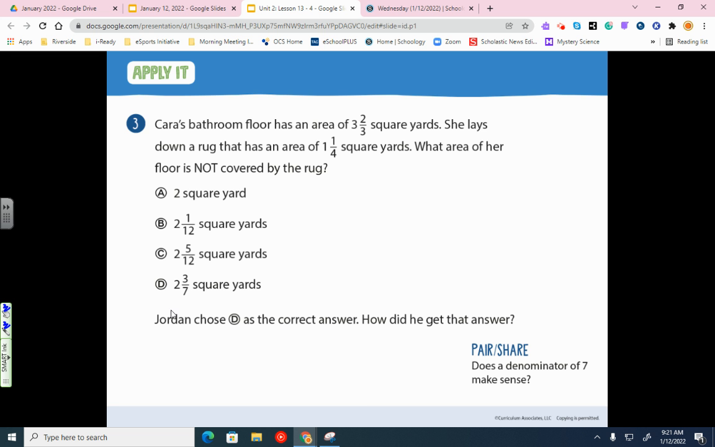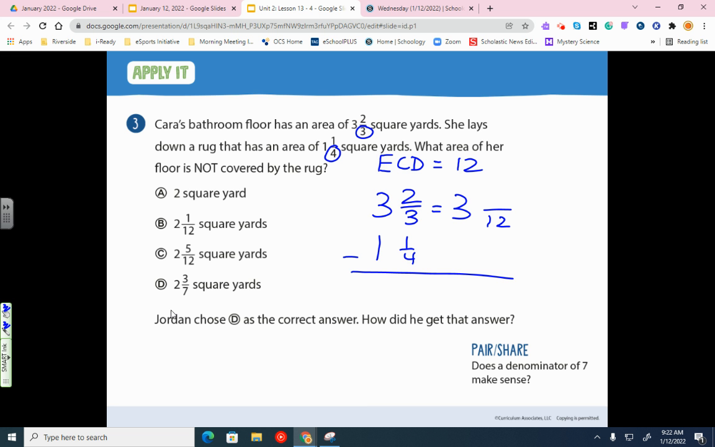Kara's bathroom floor has an area of 3 2/3 square yards. She lays down a rug that has an area of 1 1/4 square yards. What area is not covered? So the difference between these two will give us that. So we have a 4 and a 3 here. Our easiest common denominator is 12. So we're going to stick with that. For subtraction, you put your larger number up top, your smaller number in the bottom. Order does matter. And let's change both of these